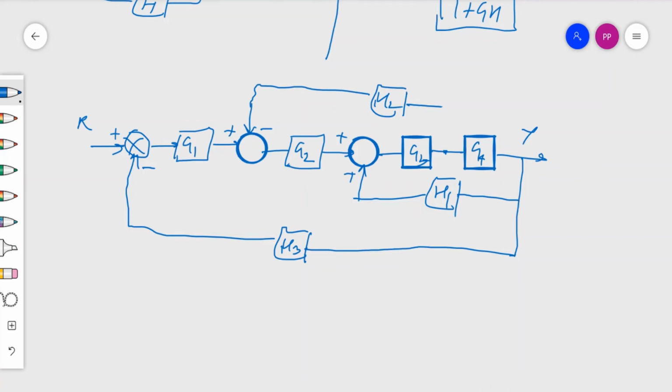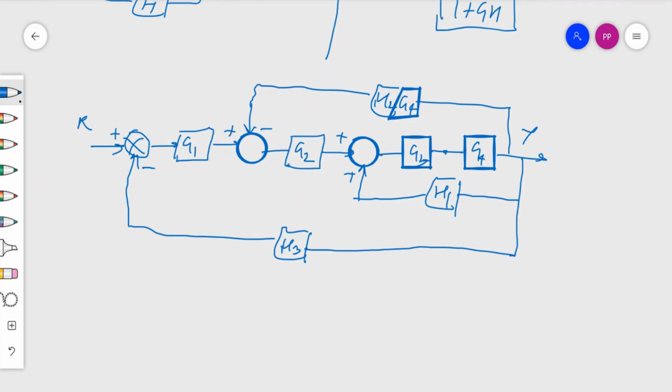This point will become H2, so this should be divided by G4, then this block is shifted here. So H2 by G4, this block is shifted, the takeoff point is moved, and once the takeoff point is moved, we can